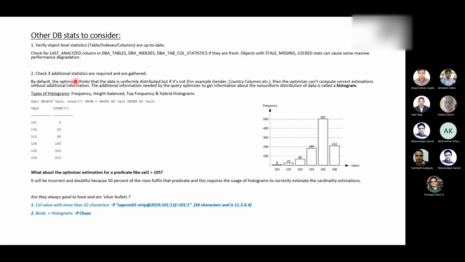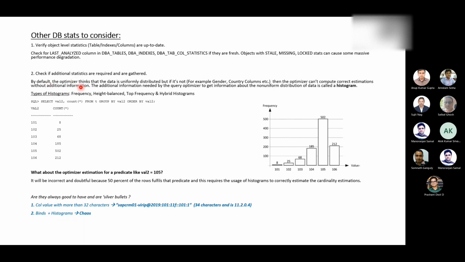Prashant, I think whatever I know, histograms are more granular statistics. It's called a histogram, more or less a distribution of the data. Let's say how many unique values there are, and based on that, it will create the buckets. That is a histogram. Absolutely correct, Somnath. Yes, that's the perfect definition of a histogram.